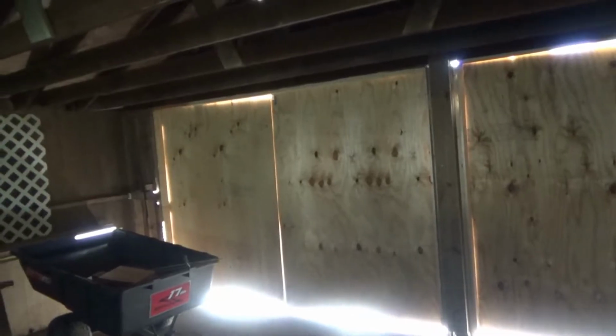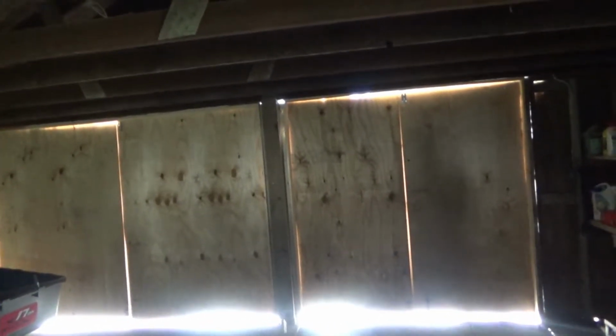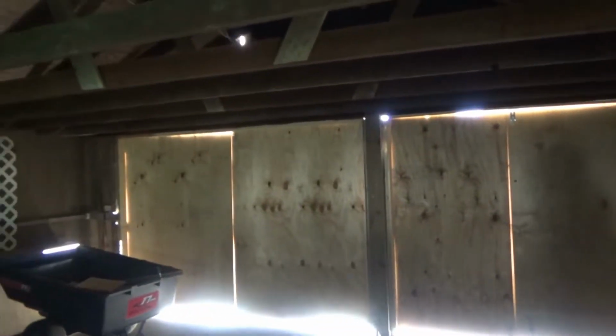Okay, that's it for the how to, well, not really how to, but making the garage doors upgrade